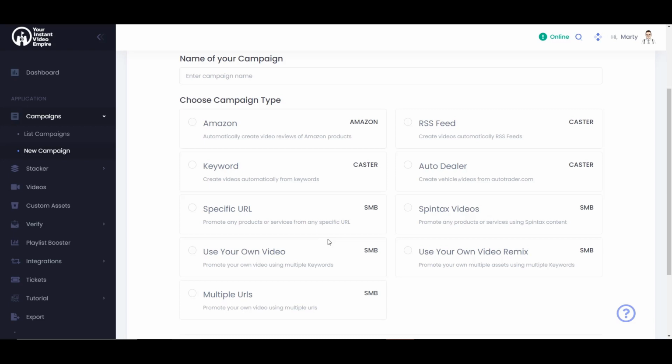And you've got Amazon RSS feed, keyword, auto dealer. There's so many different sorts of campaigns that you can utilize and just really build any sort of niche. Now, actually, I'm not 100% sure about what sort of product I'm going to promote. So let's quickly head over to Amazon and see what products are getting mass amounts of reviews and are just